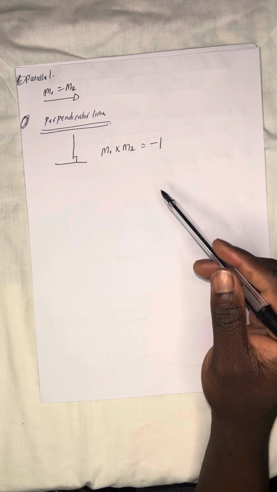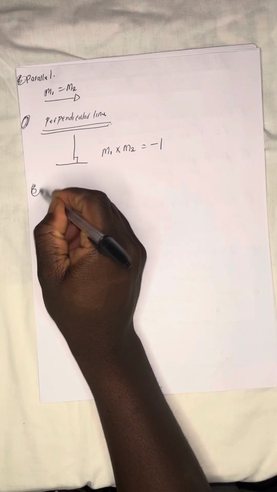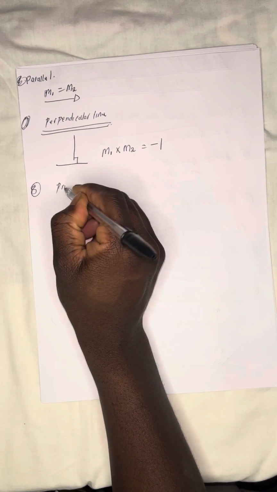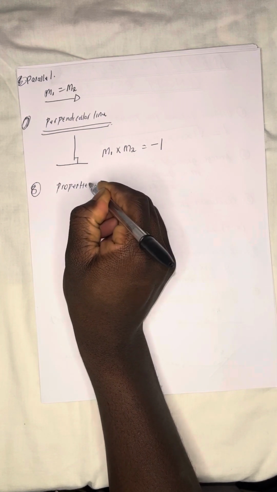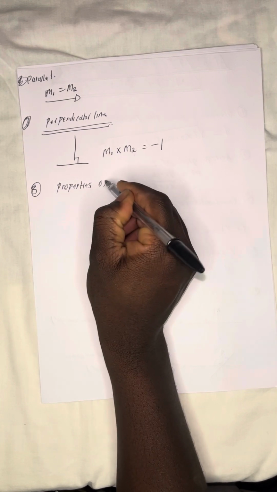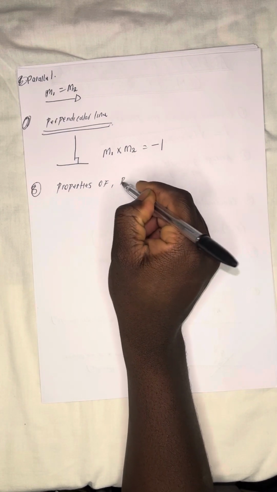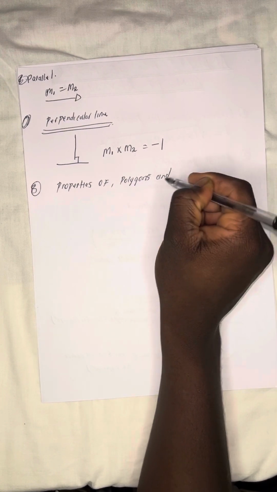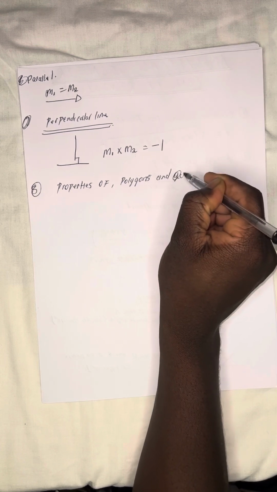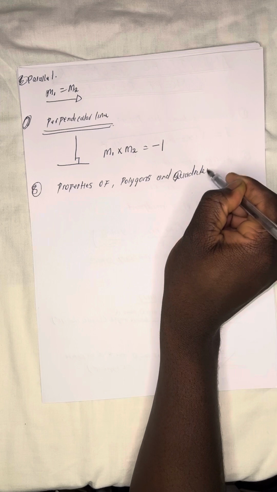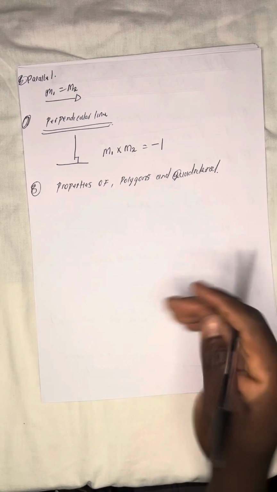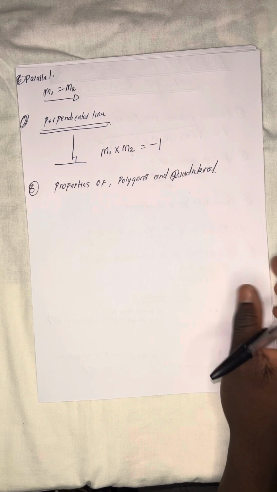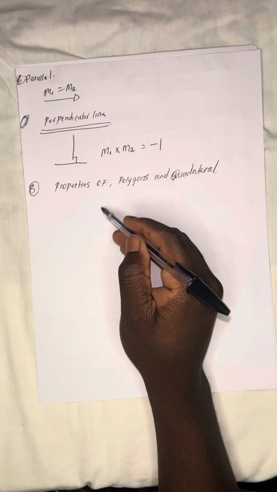So one last bonus thing that you need to know when dealing with analytical geometry questions would be knowing the properties of your polygons and your quadrilaterals, right? So knowing those properties will help you to attempt those questions, or it will make you know some instant values. For example, if we were to deal with a square, maybe they put a square there,